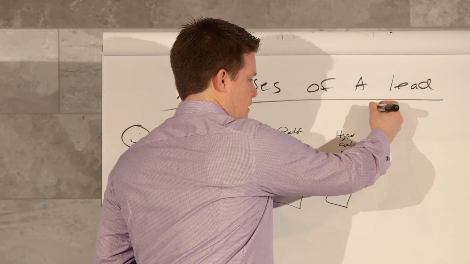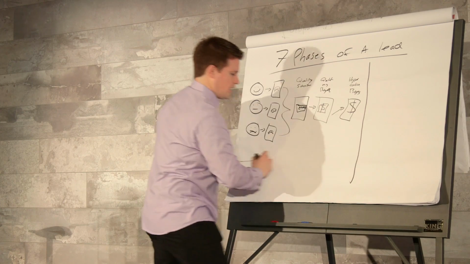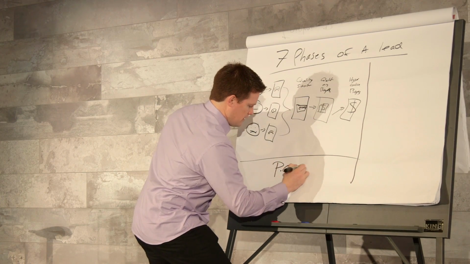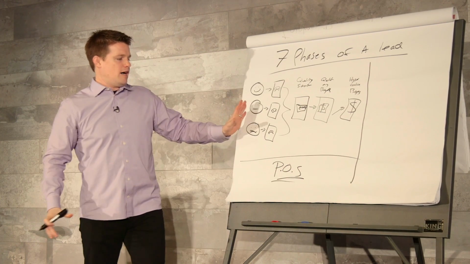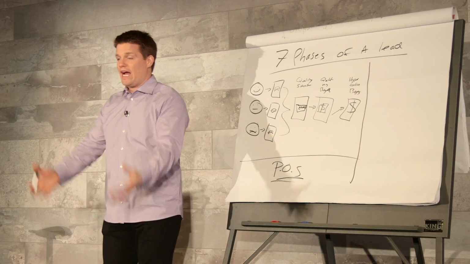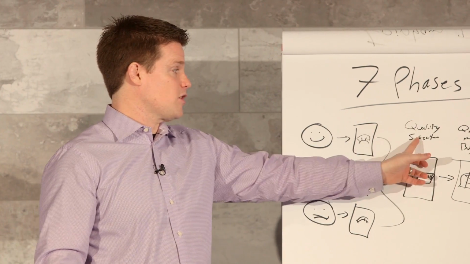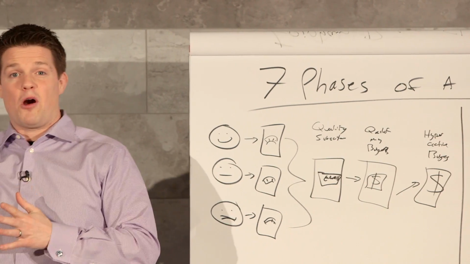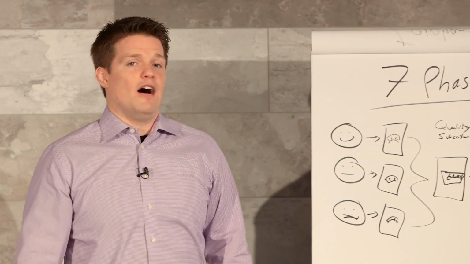So everything here, if you're in retail, they call this point of sale. Everything's happening up front. Now that we've got someone who's a buyer, we've got a couple of categories: our subscribers, our buyers, and our hyperactive buyers. I can market to them differently. I can do all sorts of different things like that.